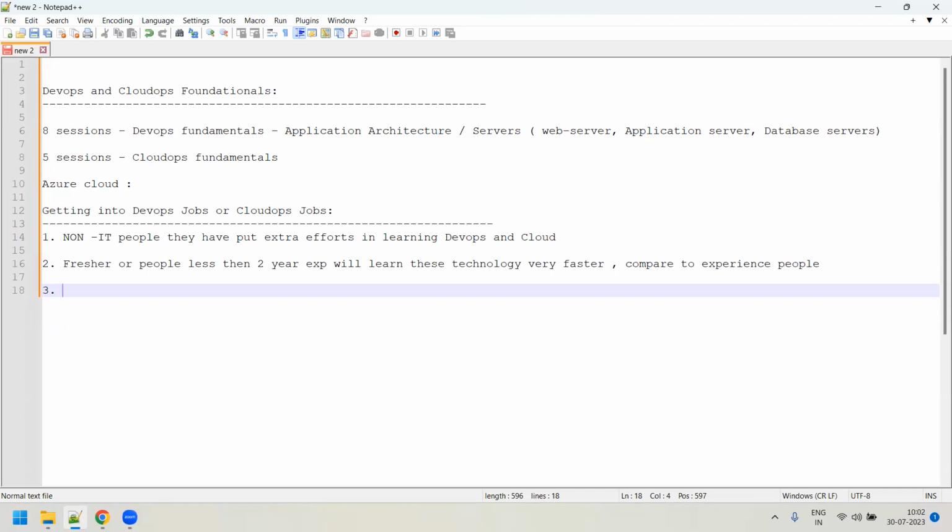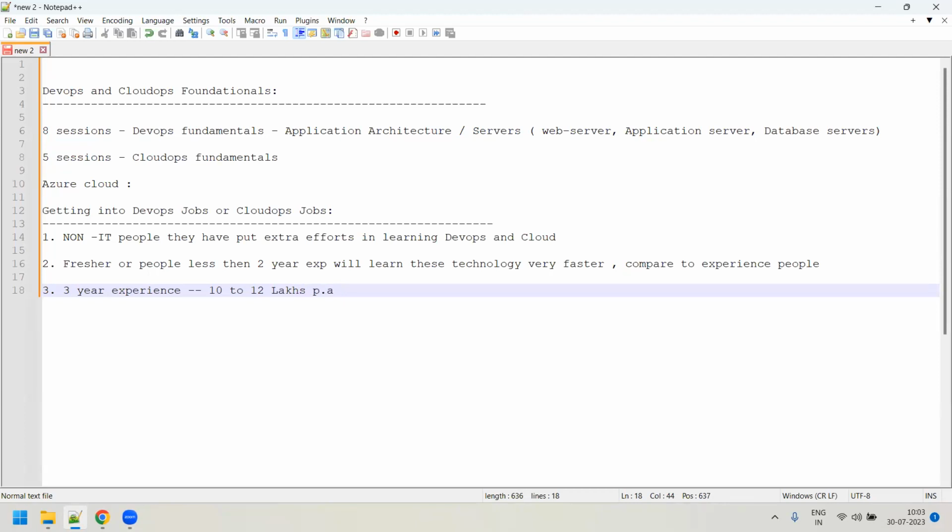Why? Because every industry is open to giving DevOps or CloudOps profiles, even to less experienced people, with a very low package. If you take a person with 3 years of experience, he gets a package of 10 to 12 lakhs per annum. And this is very easy for the industry, the company or the management to give this kind of package.